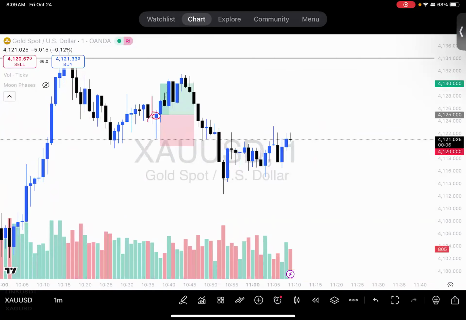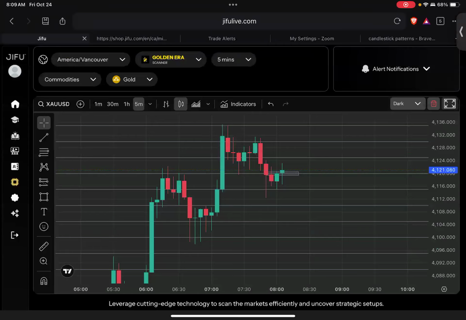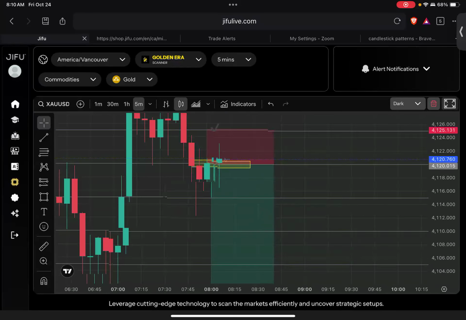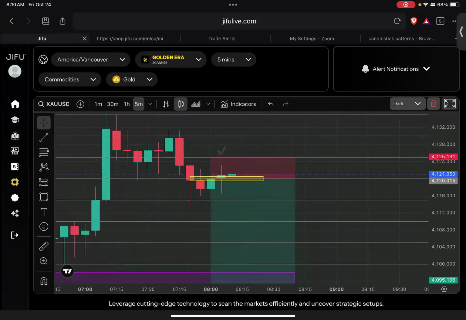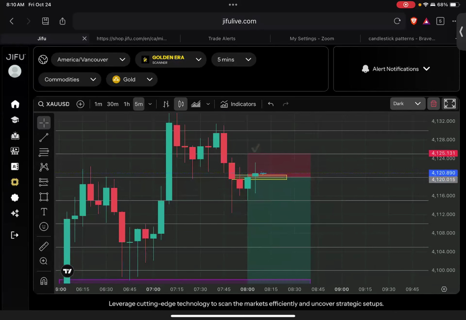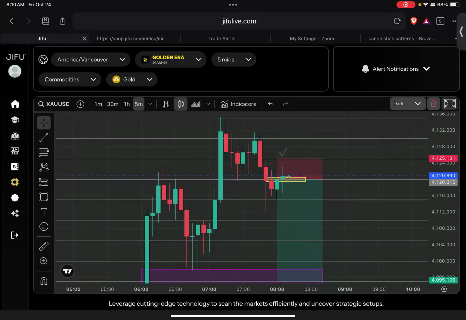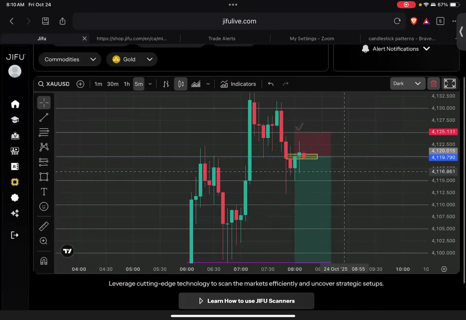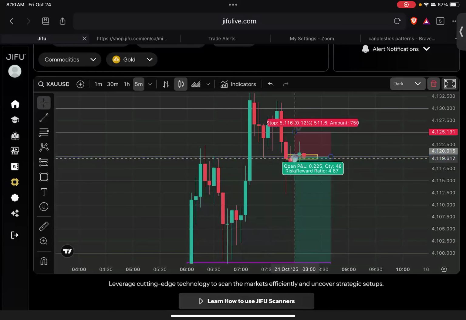And being bullish here is always a possibility, but I'm interested to see where this goes from here. The scanner just called out buys again, but I don't know how I feel about that. I still really much like these sells. If we do end up hitting stop loss, hopefully you guys all use proper risk management, but I still very much like this sell idea that we took here because this 5 minute candle, even though the scanner calls out a buy here, has a wick to the downside and a wick to the upside